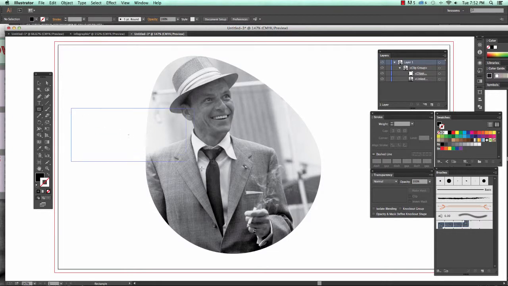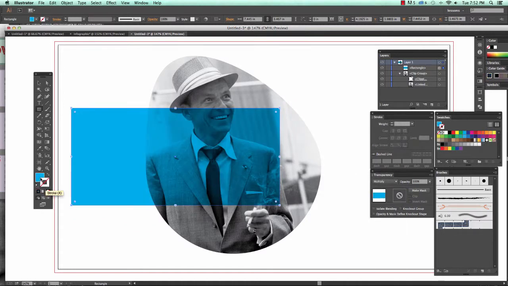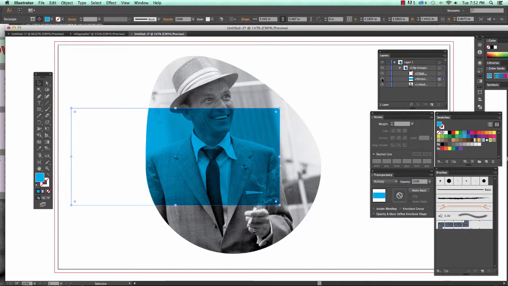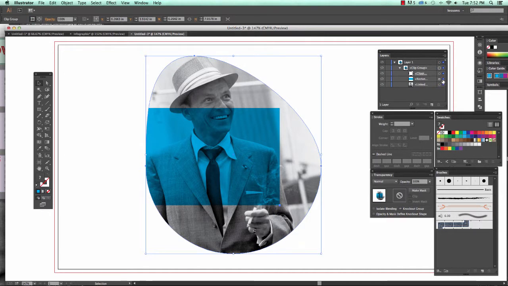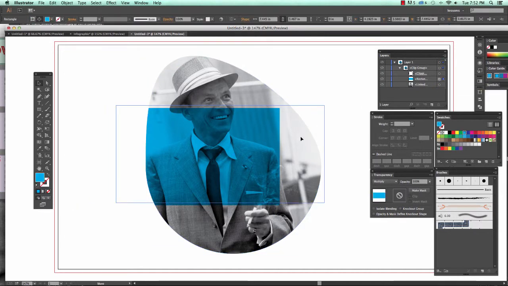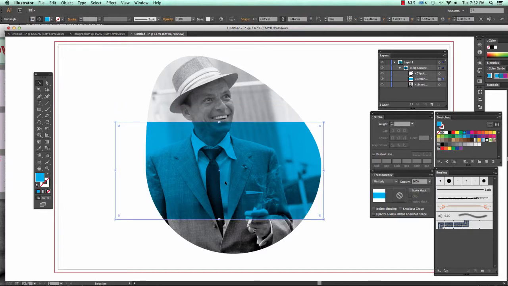So I'm going to add content to my clipping path. I'm dragging the rectangle under the clipping path, and you can see I have now a band of blue in my clipping path, or under it,